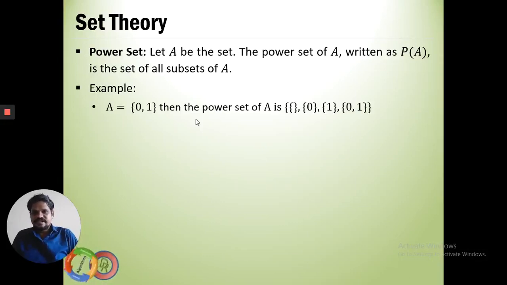An example is a set with two elements, 0 and 1. There can be a subset with 0, and with 1. So very easily you can imagine. Another is the complete set, 0 and 1. And obviously I may create a set without any value. I already told you there is an empty set, which does not have any value, not even 0. So this is again one of the subsets. Combine them, it is the set of subsets.